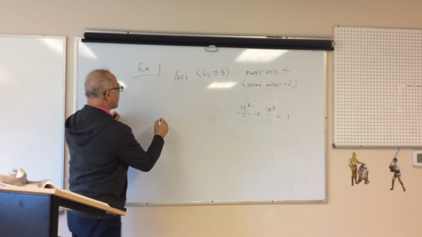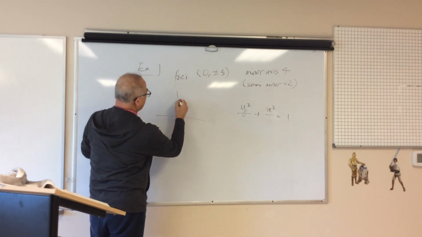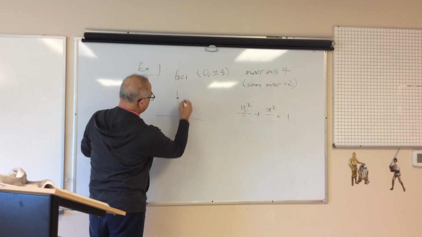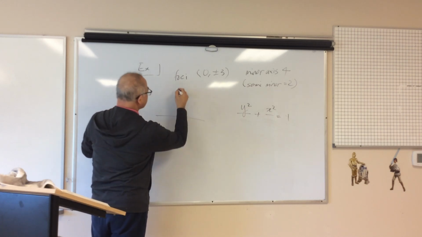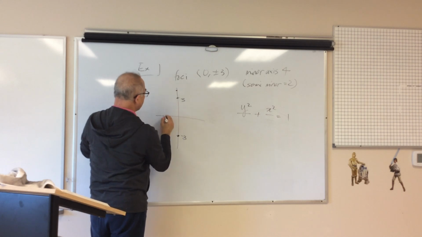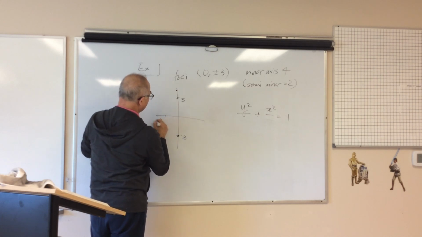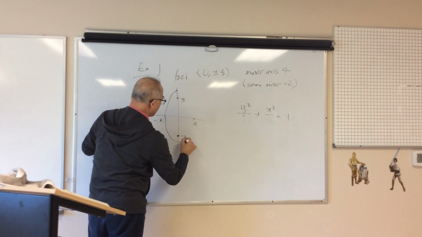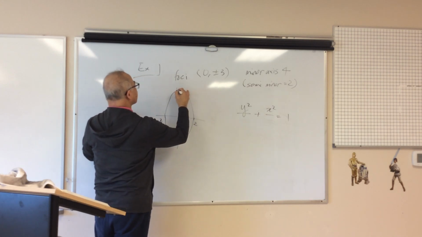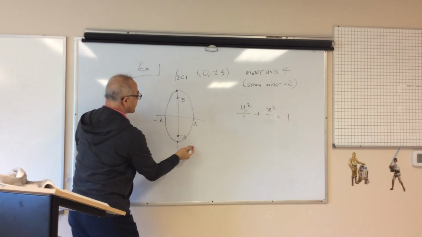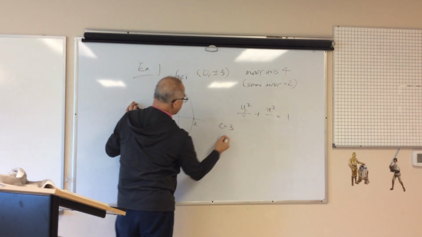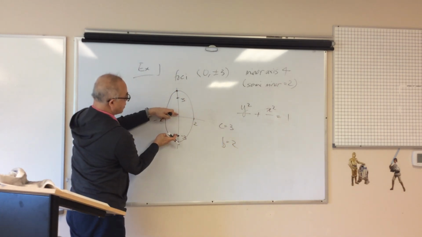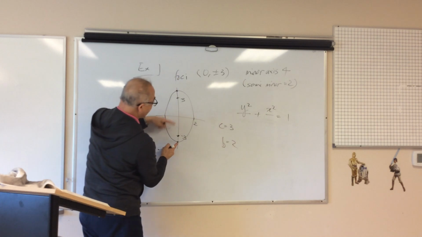So the foci are 3 and -3. So the vertex would be over here. I had -2 and 2. So it'll look like that. So the vertex is here. So basically I have C is equal to 3, B is equal to 2, here and here. So I need to find out what A is, because then A is going to give me